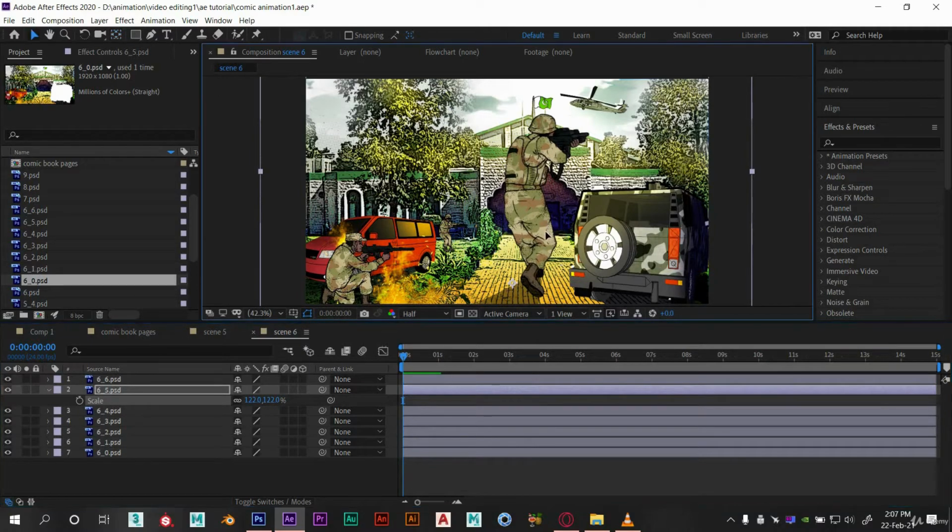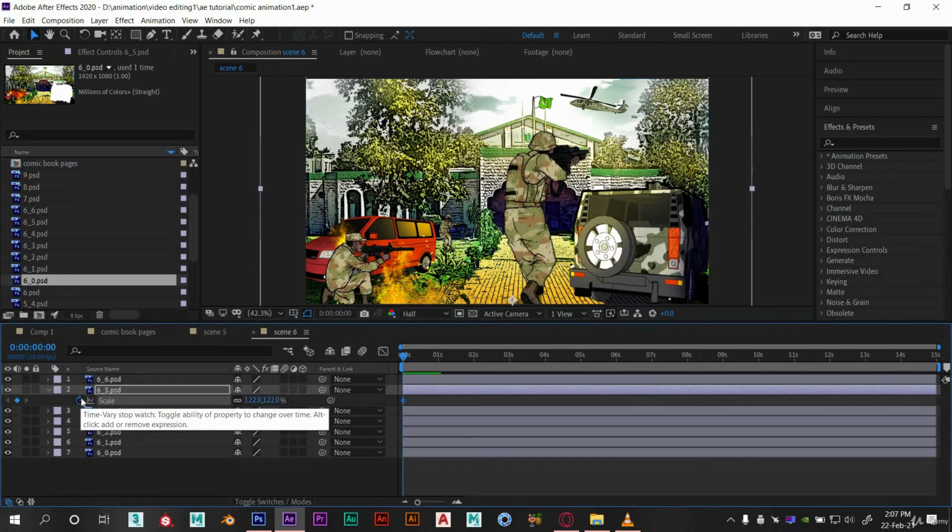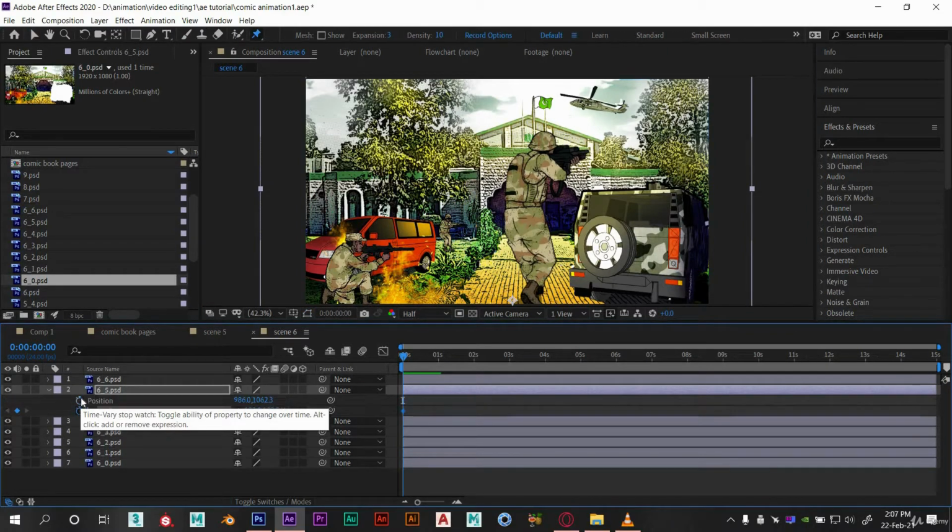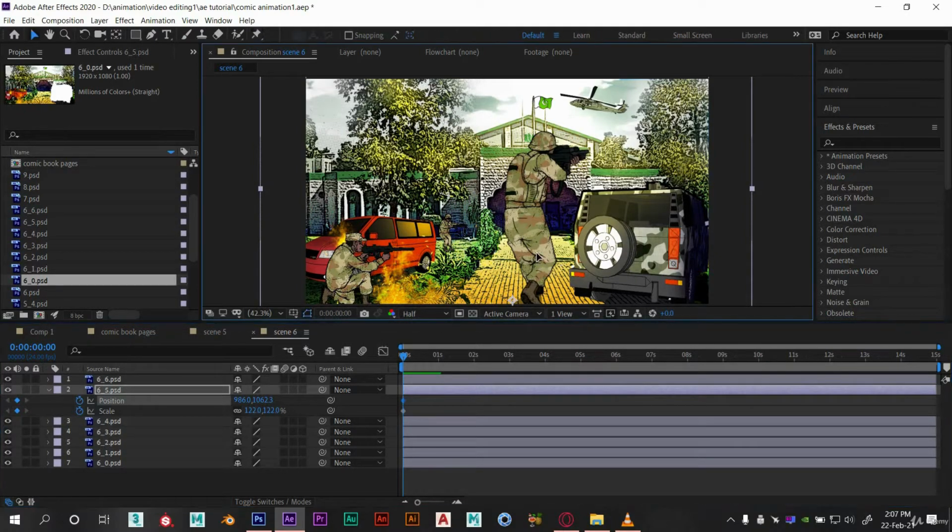And I also want to set position animation at the same time. So hold shift on your keyboard and press P to bring the position key without hiding the scale keys. You can bring any transform property without disturbing the others by holding shift and any hotkey like S, P, R and so on.